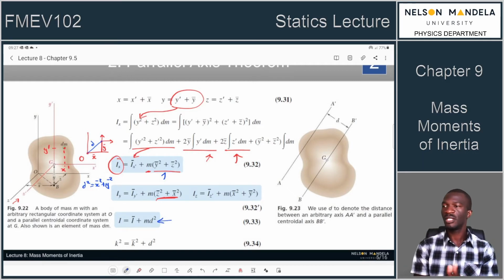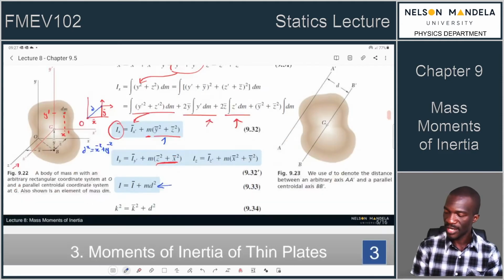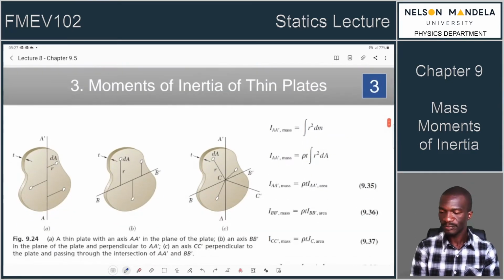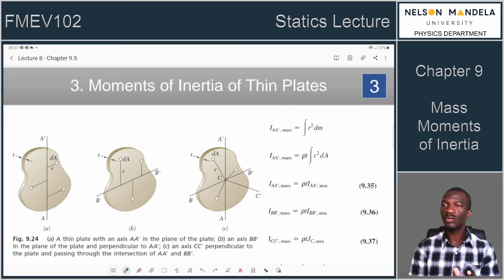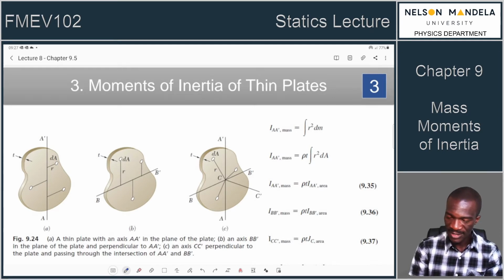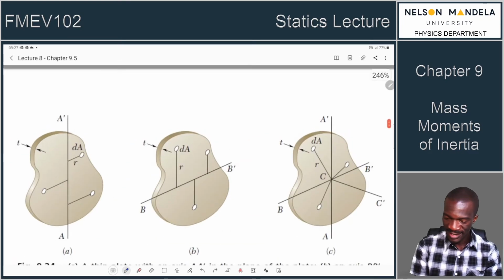Then we've introduced the parallel axis theorem for that mass moment. Now let's talk objects and see how we can actually interpret or convert areas into actual objects. So we will then look at mass moments of inertia of thin plates. So a thin plate is an exciting piece of material because it introduces to us the concept of area and